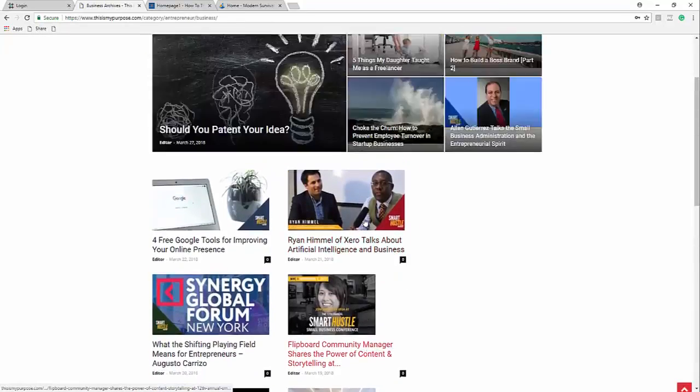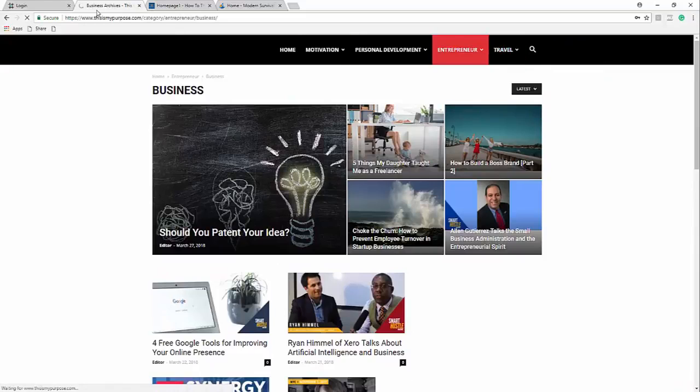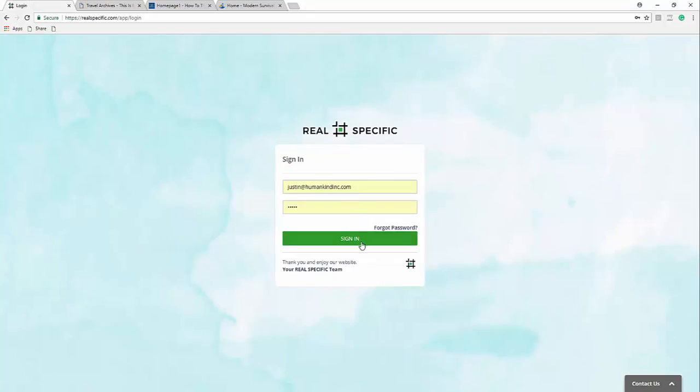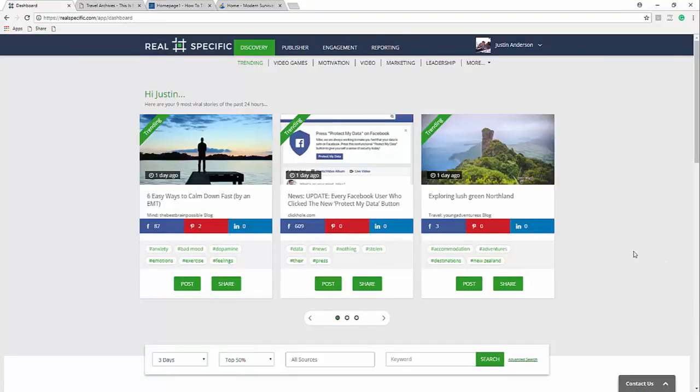We'll go check out some of the articles. Not finished this website yet, travel, so on and so on. And so let me go ahead and I'll log into my dashboard here. So the first thing that you're going to see is a beautiful UI. We've hired a Fortune 500 designer to come in and make this thing look super, super sexy and fun to